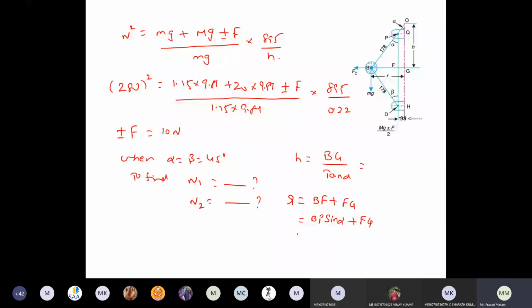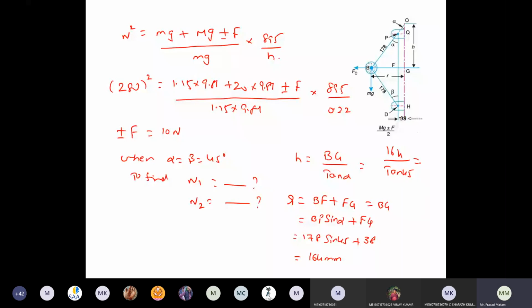What is the BP value? 178 into sin 45. And the FG length is 38 mm. Give me the R value from this. Right, 164 mm, as roll number 25 has given. So now we got the R value. R is nothing but BG, which is equal to 164 by